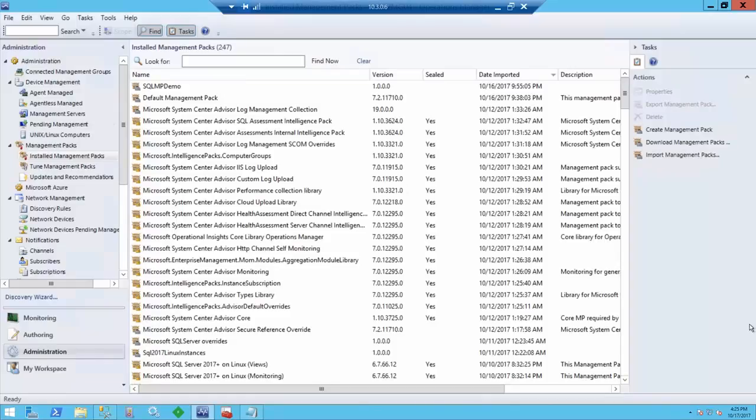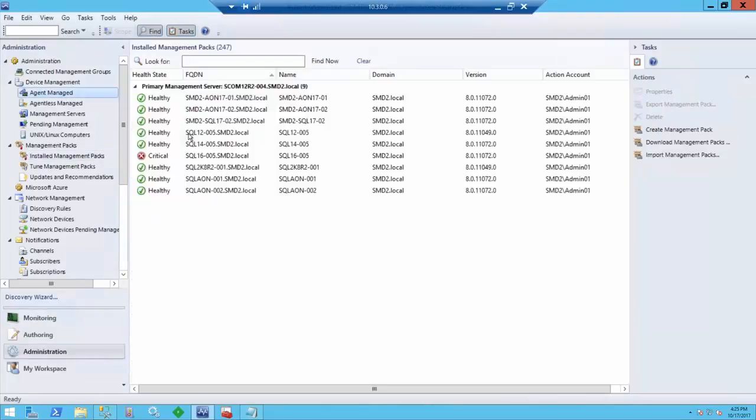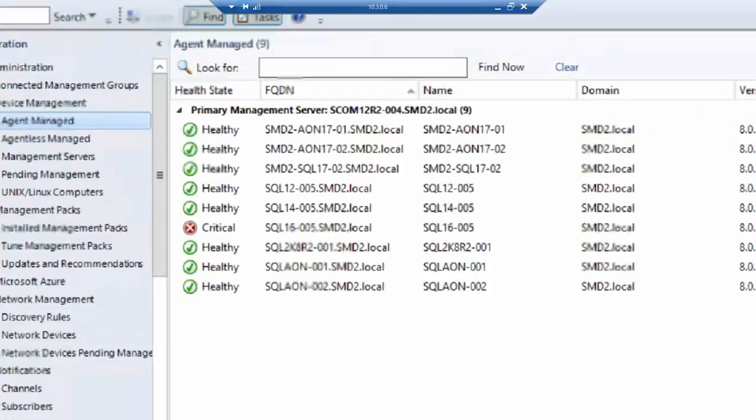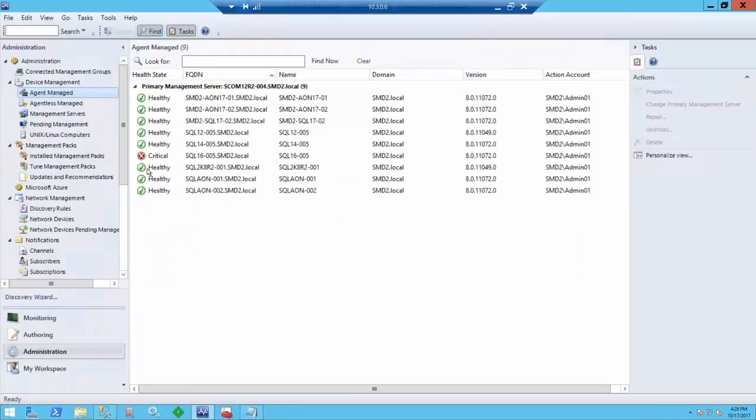Okay, so I hope you can see my environment, and I'm not sure how many of you are familiar with SCOM, but essentially what you can see is a SCOM console, and this environment is pre-configured with a number of SQL instances. So I have a number of boxes deployed in this environment, and each box has some SQL Server role deployed. And actually, let me start from